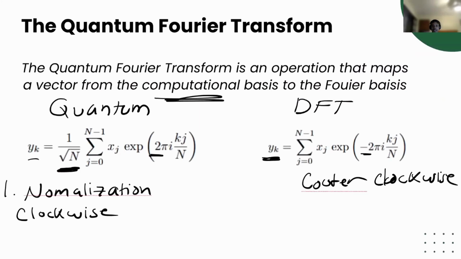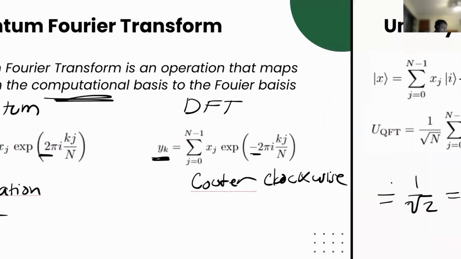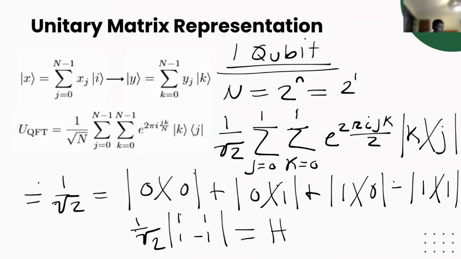Okay, and then I see the question, no, the Hadamard part again. Sorry. Proving H is the QFT. Okay, cool. So let's just look at this unitary matrix again. So if we plug in our value of n for 1 qubit, and this is how we get n, we see that we can write this summation right here as 1 over the square root of 2, from 0 to n minus 1, and n is 2, so this is 1, to k equals 0 to 1.